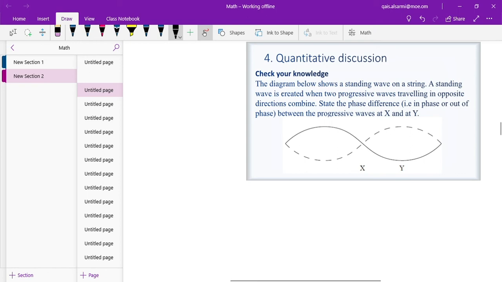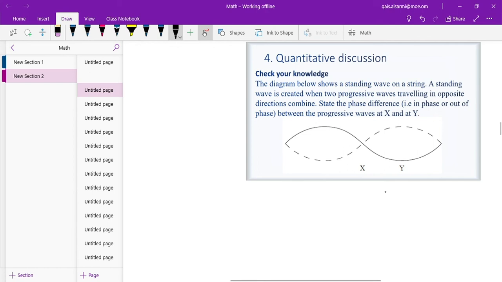Here the question says that the diagram below shows a standing wave on a string. A standing wave is created when two progressive waves traveling in opposite directions combine. State the phase difference, that is, the phase of those two traveling waves. Are they in phase or out of phase between the progressive waves at x and